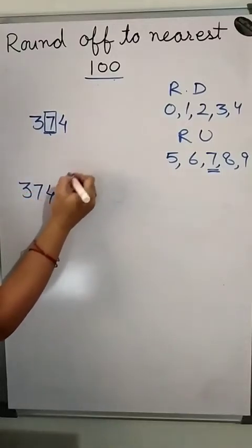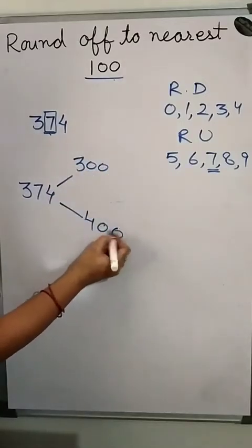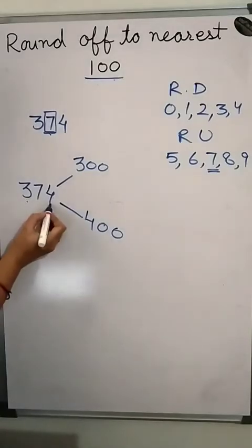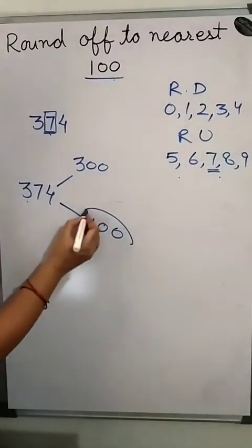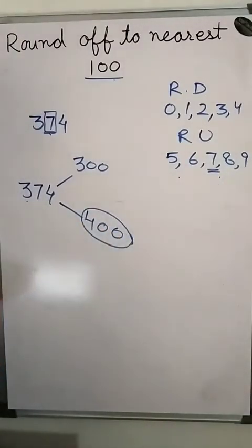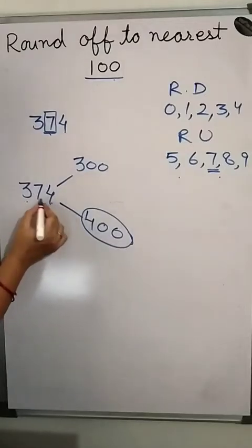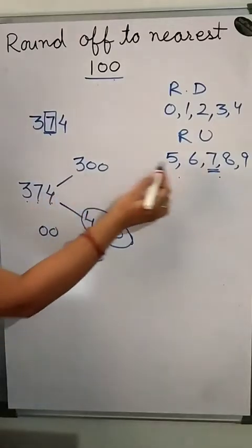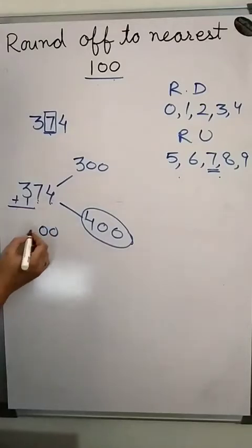So whenever we are converting 374, we convert it either into 300 or 400. So just check. 374 is nearly equal to, because we are rounding up, 400. So what we do here, the same thing we apply here. We put 0 in place of the unit digit and tens digit, and because it is a 7 and we round up, we add 1 in its 100 place number. So here it is 4. So this is equivalent to 400.